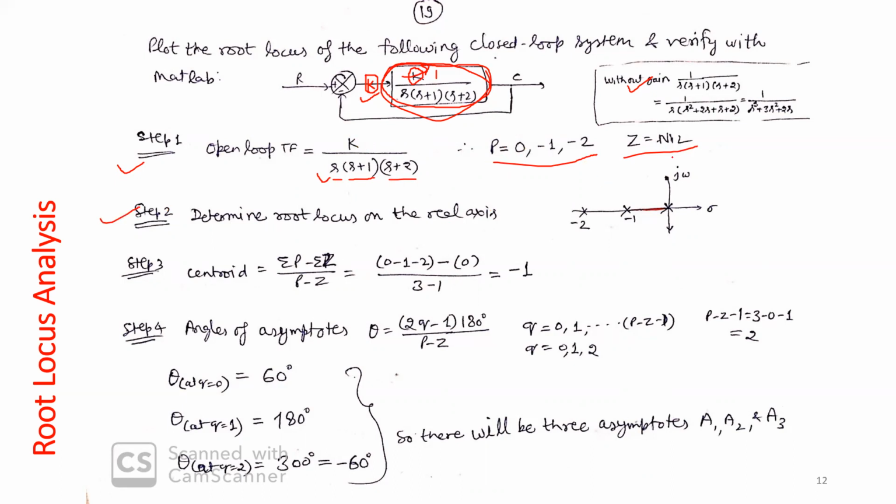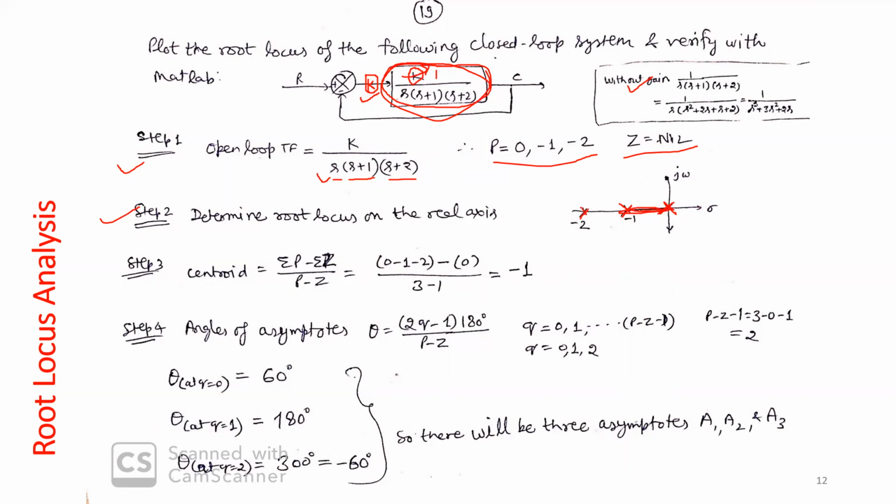Second, determine root locus on the real axis. First, you locate these poles and zeros. There is no zero. So I have 3 poles. First one is 0, second one is -1, third is -2. Okay, 3 poles I located on the real axis. You check right of this first pole. How many points are there? No point is there, so 0 points. 0 is neither odd nor even, so we don't have any root locus on the right of this. Now, on the right-hand side of this point, I see only 1 point. 1 is an odd number, so there will be a root locus between these 2 points.